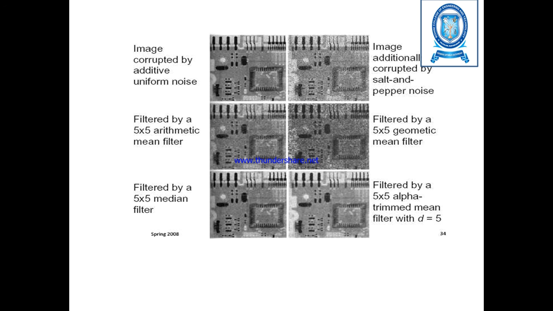So you can see the difference between the arithmetic mean filter, median filter, geometric mean filter, and alpha trimmed mean filter. So far we saw different types of filters, right? All those filter techniques are applied on a particular image. As a result, you can see that there are various variations in the output image obtained with each filter. In this case, arithmetic is somewhat better, geometric is very poor, and the median filter is somewhat good. So you can see that by applying each and every filter, you get a different image in the output. So depending upon our need, we can apply the filter technique that is required.